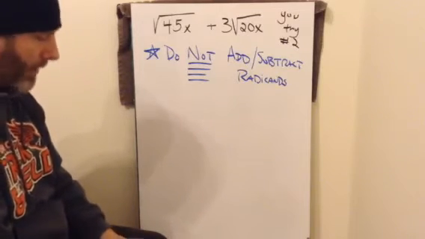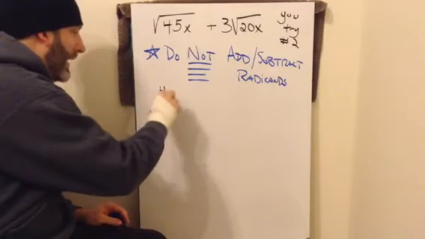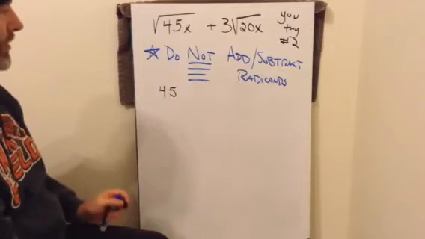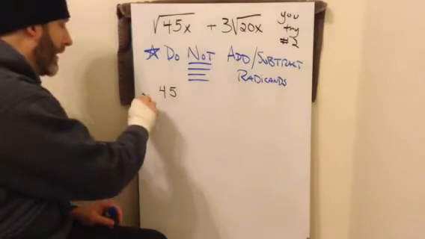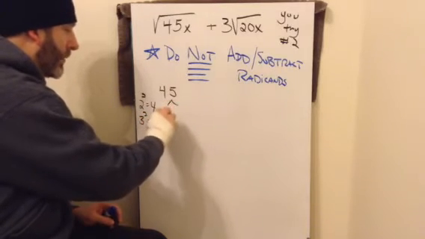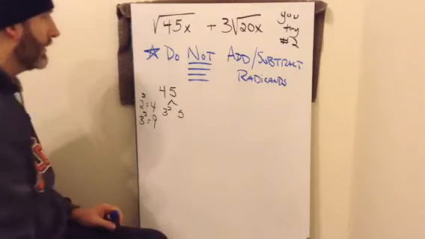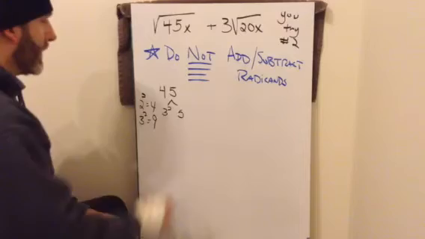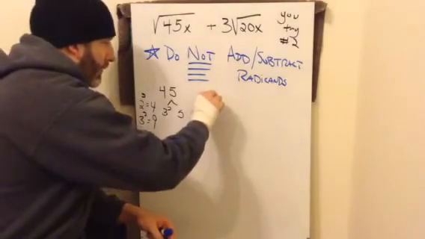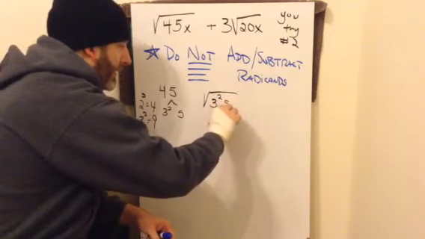So, we start with the numbers. Start with 45. Can we reduce it? Can we take anything out? Well, 45, division by 4, which is 2 squared, doesn't go in, but 3 squared does. 3 squared is 9 times 5. So I can rewrite that. So I will do that over here. So what I really have is 3 squared times 5 times x